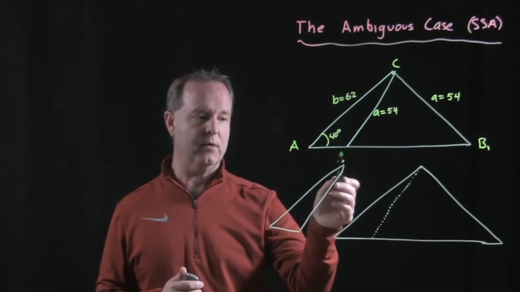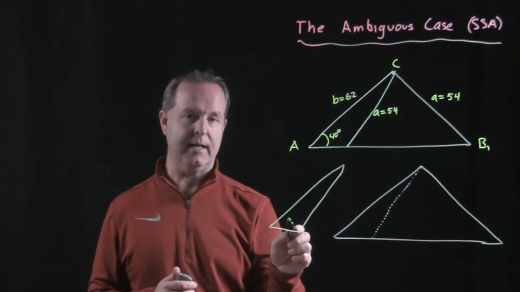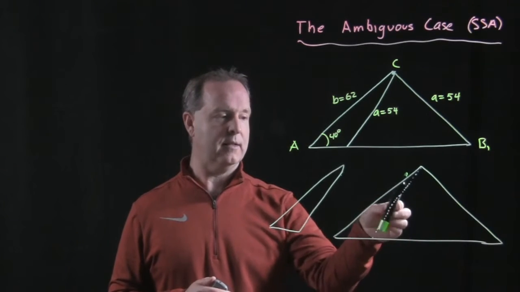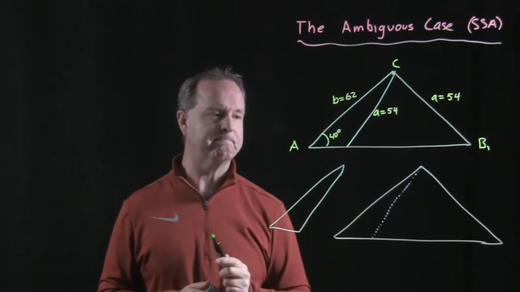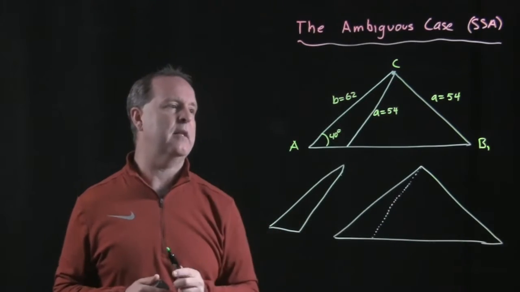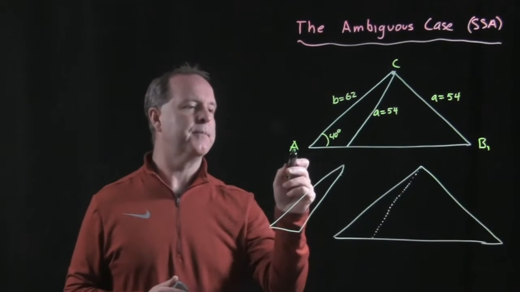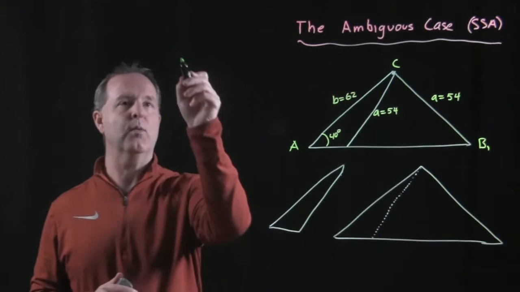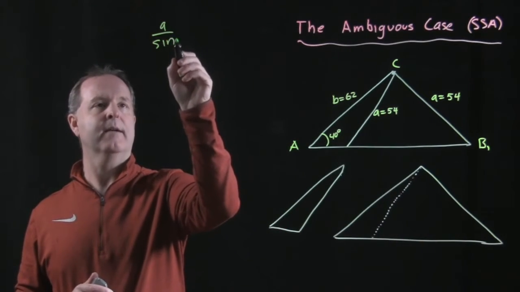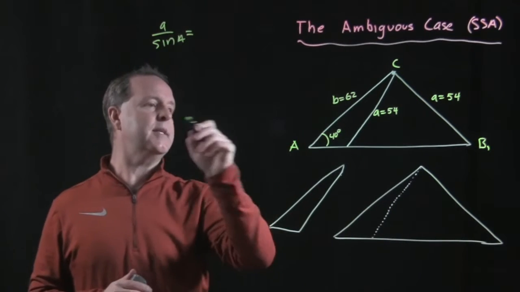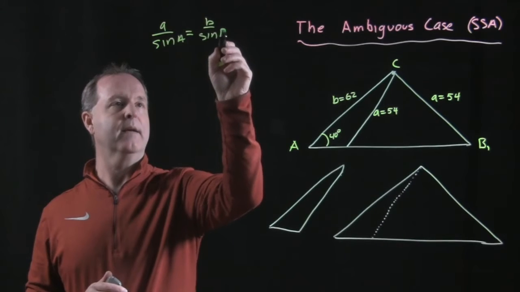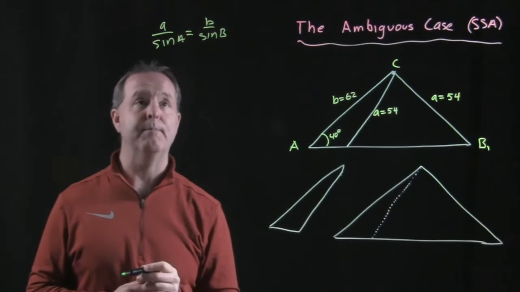One triangle is this little sliver right here, and the other triangle is the entire triangle where this line stays over there. So how do we work this through, and how does this make sense given the law of sines that we know? We already have the ratios of the A, so A over the sine of A equals B, the other one I know, over the sine of B. Solving for the sine of B,